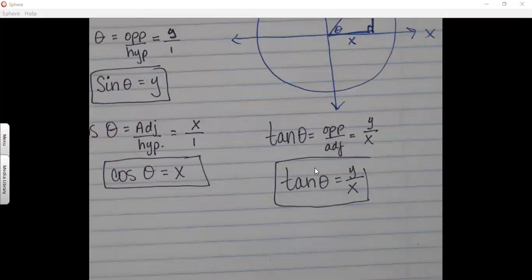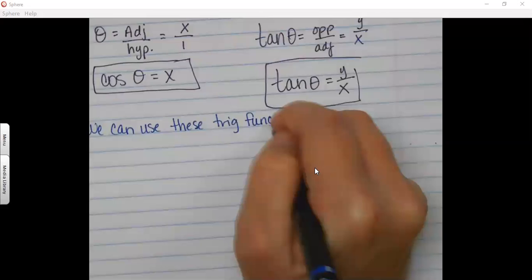And then the room that I have on the rest of the page, I'm going to